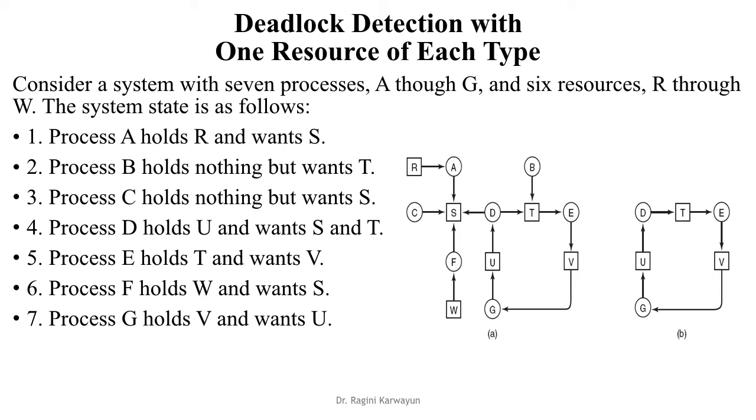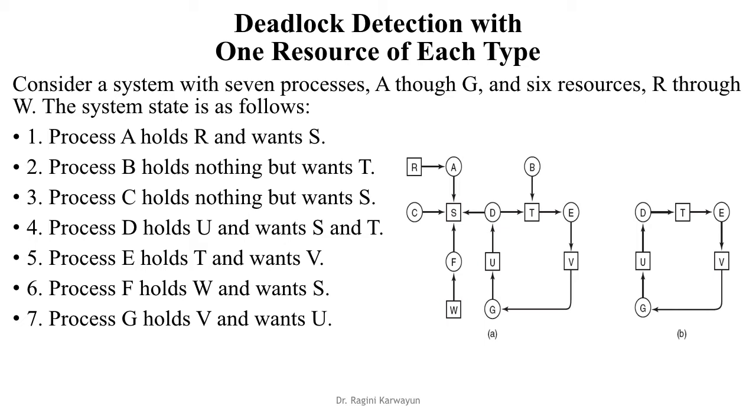We will discuss two categories. One, when there is only a single instance of each resource. We have discussed in the previous lecture also that when only a single instance of each resource is present, then we can detect deadlocks by simply detecting a cycle in the graph. In multiple instance resource types, the presence of a cycle is not a sufficient condition to detect deadlocks. So, here first we will discuss when in the resource allocation graph we have one resource of each type.